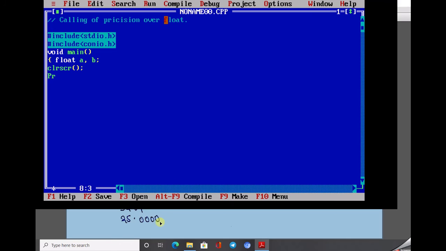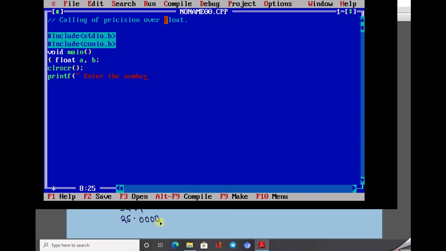Now I give the instructions. I want to display something on the screen like enter the number. I'm writing here enter the number because I don't have much time to explain each and everything.